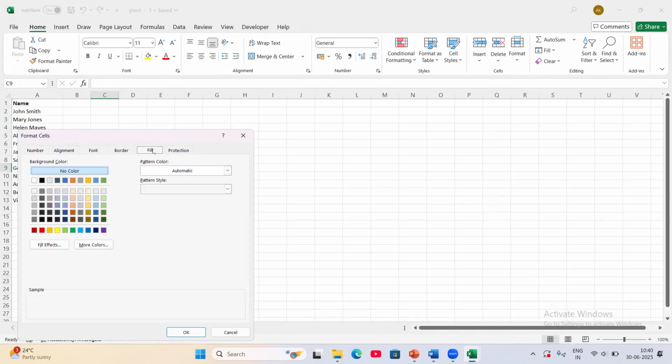Next we go to the Fill. So Fill determines the background color or pattern of the selected cell. So pattern color, pattern style and background color. Next,